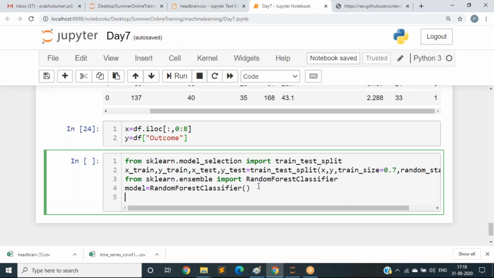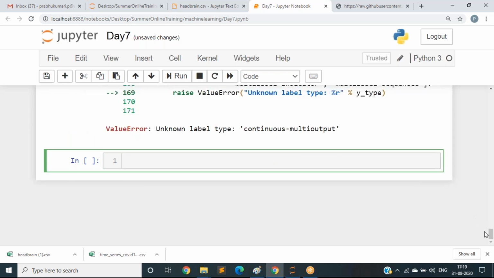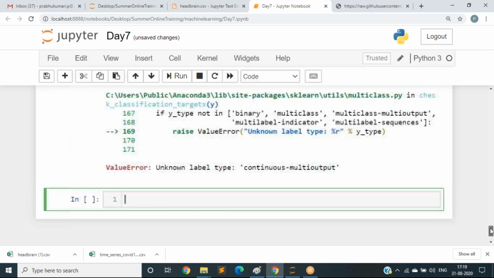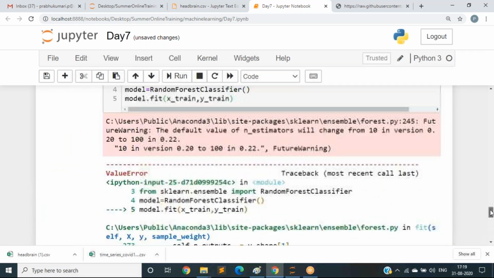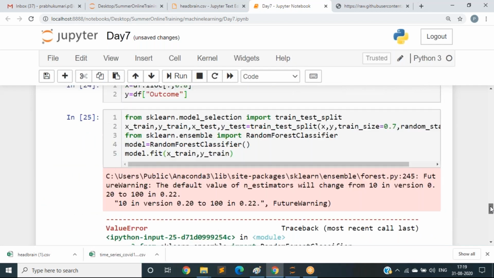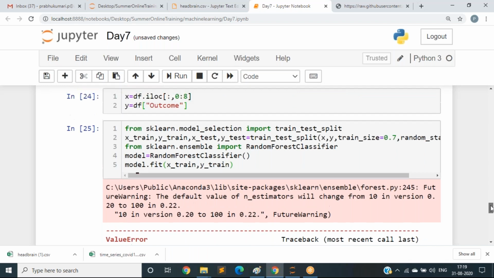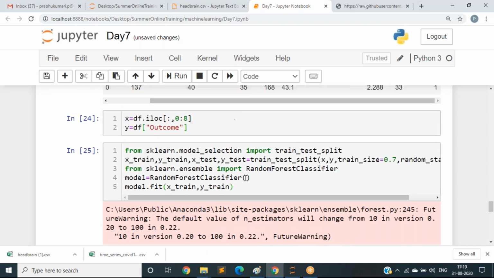Next, model.fit of x_train, y_train. Continuous multi output error. What is the mistake I have done here?